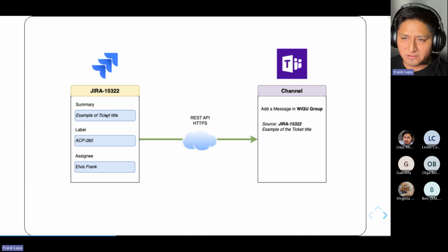I can include the information for summary. I can include information from the issue key. I can put together into a comment and then send to Teams, and Teams will add in a team message, for example. Basically, for you, what you need to understand is REST API and HTTPS is just a protocol and